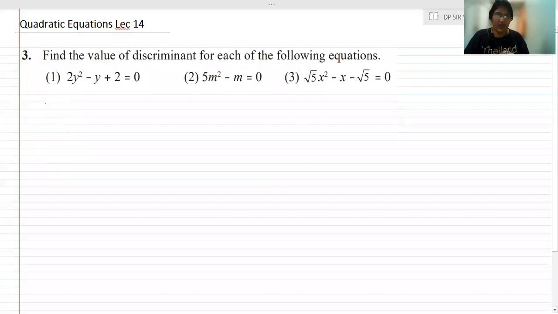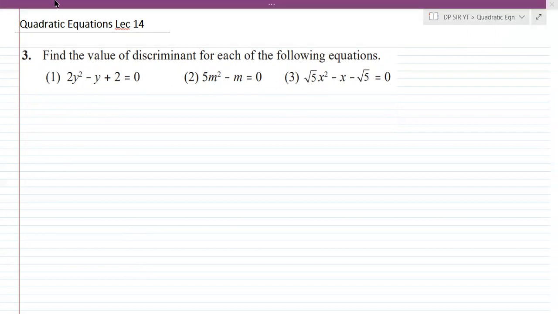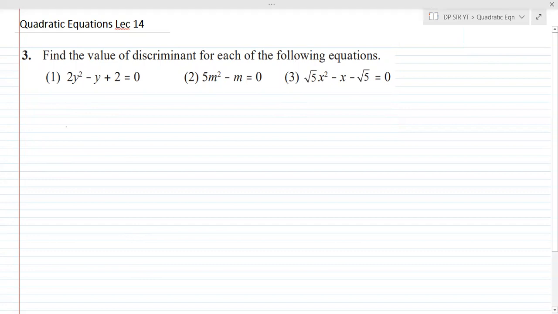Believe me, they are going to be the easiest questions provided your concepts are very strong and you have paid attention during the practice set questions. If not, it's an open platform. You go to the playlist, you go to the lectures a number of times, and it's open for you. Okay. So without wasting time, let's start with the session. We'll try to cover maximum part in today's lecture.